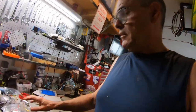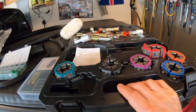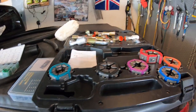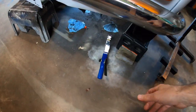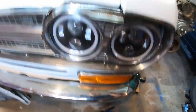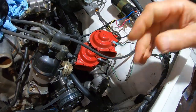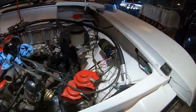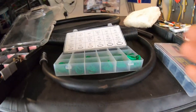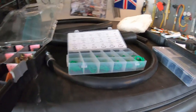I'm still working on the AC. Just got another bag of these stupid connectors. I'll show you how I use this crimper, where is it? Oh, it's down here on the floor. Look at the size of this thing. Doesn't look like anything on YouTube. This thing is a beast for crimping lines. I've already crimped a couple of hoses. This is the only hose I've actually got done. Nothing is installed yet. Just got my O-rings. This crimp kit didn't come with any O-rings, so I had to buy my own separately. And I ended up buying another rivet tool